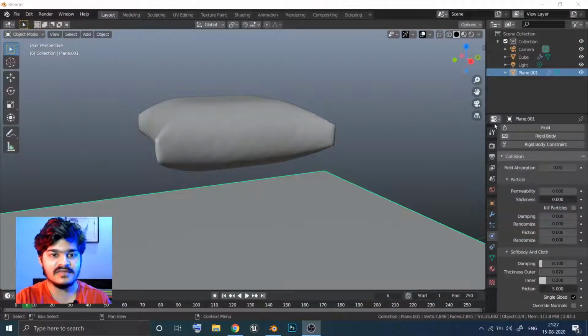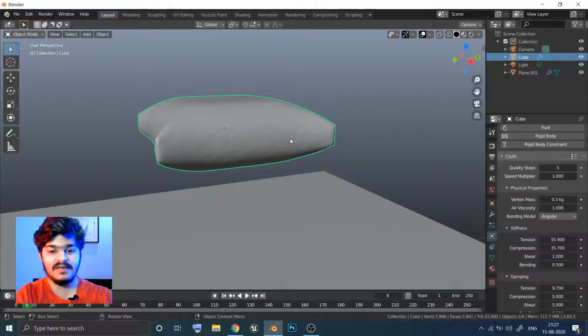So in the last tutorial, we saw cloth simulation, we saw how to create a cloth, we also saw how to create a fake pillow using the internal pressure settings of cloth simulation. Okay, so in this tutorial, as I've already discussed and promised, we are going to look at some force fields on the cloth simulation to create some awesome looking animations.